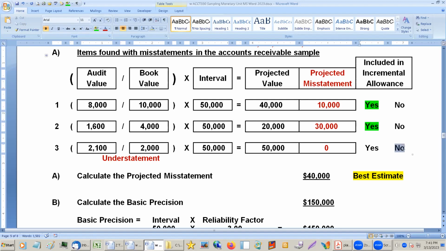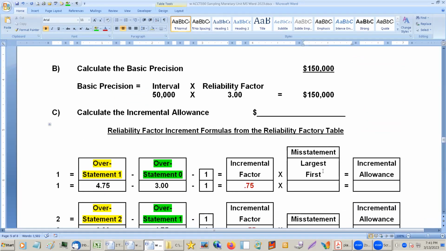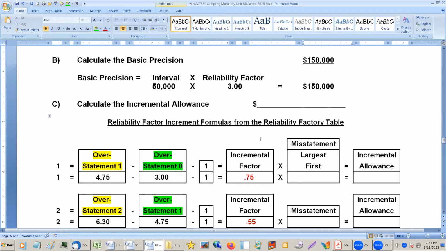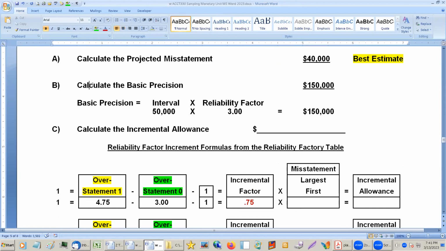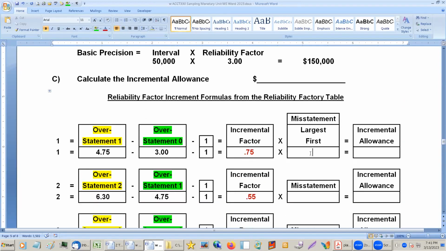This one is not a misstatement, that wouldn't matter anyway, because it's 0. It's not a misstatement at all, so these two are misstatements. And because they're misstatements, it means that this could be off by more than just this up here, this kind of precision, if there weren't any misstatements. The fact that there are misstatements means that there could be bigger problems.